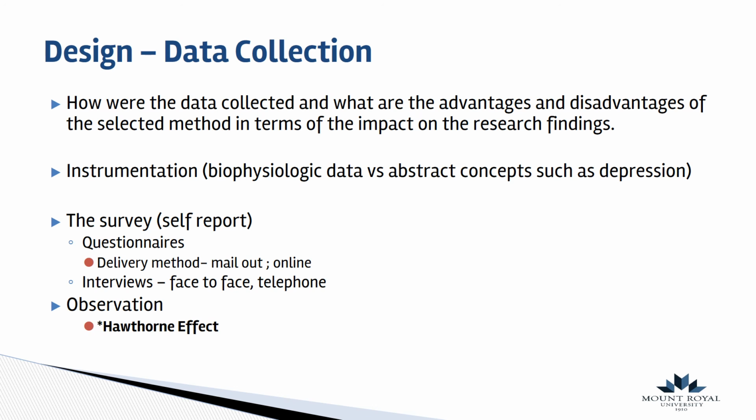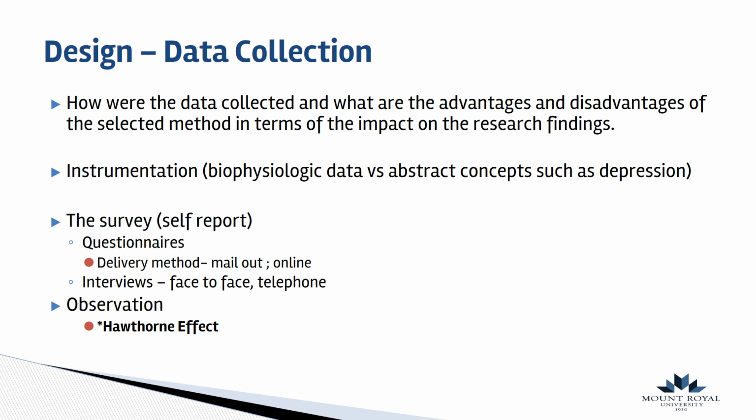There's also something called social desirability bias, where people might say something because they know that's the socially desirable answer to it. So we might use questionnaires, delivery method,